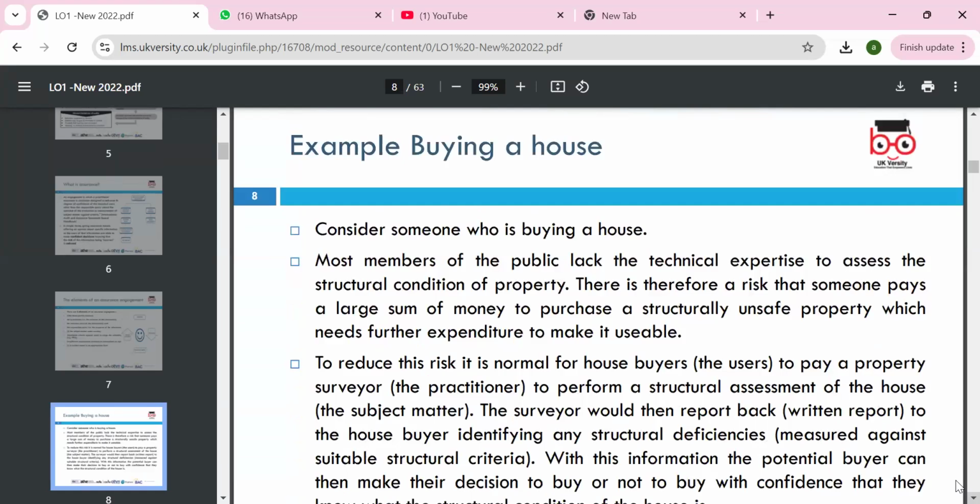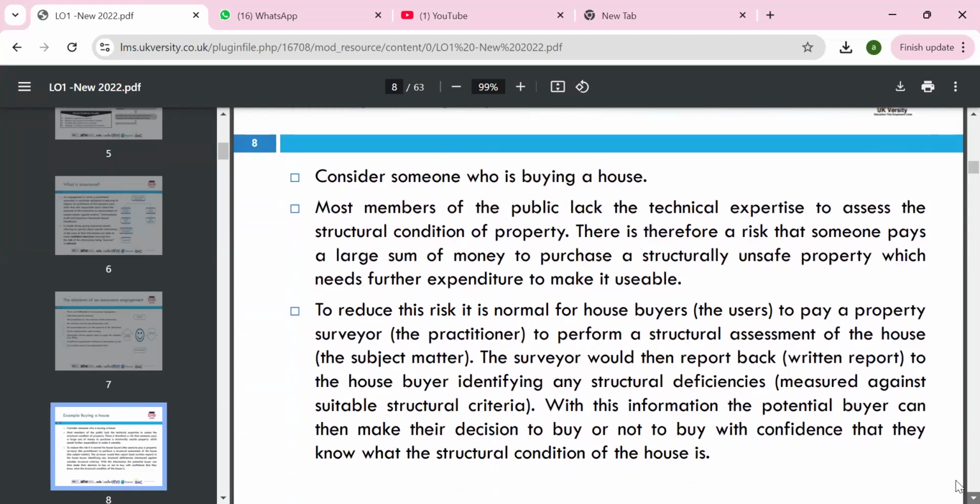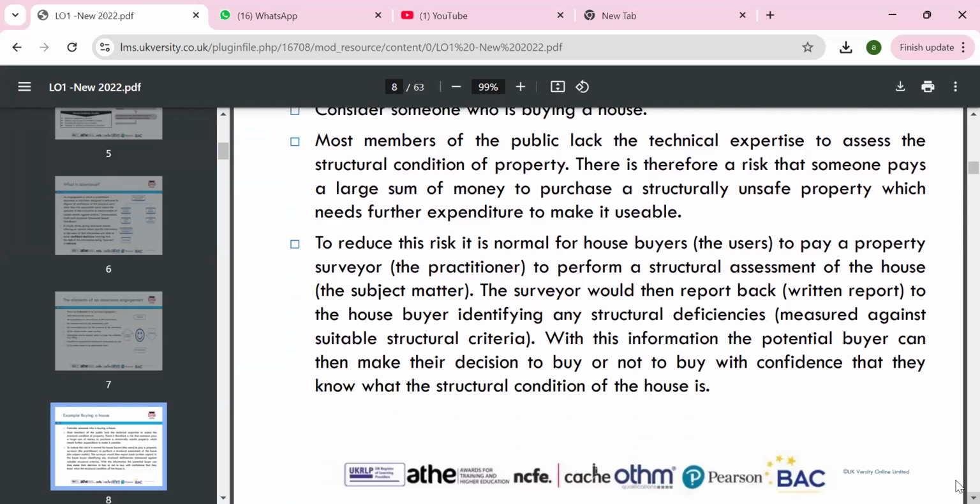Let's look at an example of assurance. Consider someone who is buying a house. Most of the public lack the technical expertise to assess the structural properties, and there is a risk that someone pays a sum of money and purchases an unsafe structure, which needs further expensive expenditures to make it